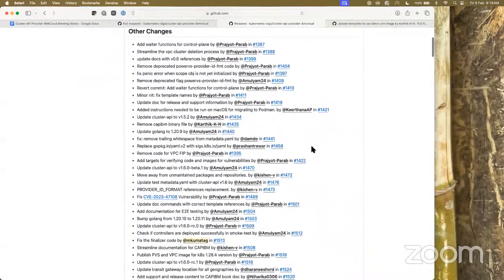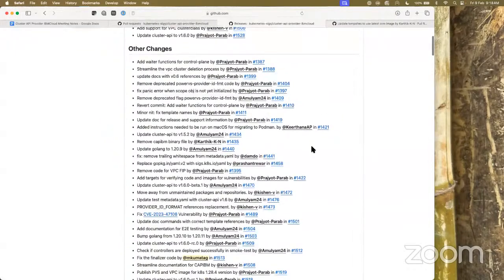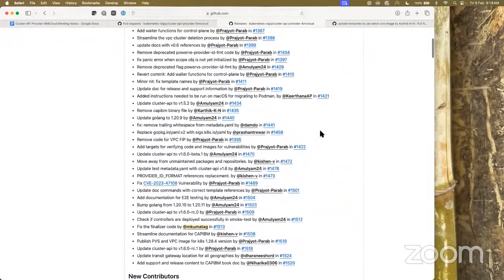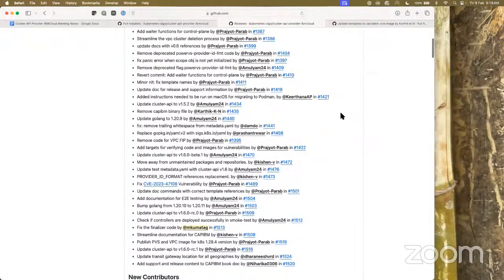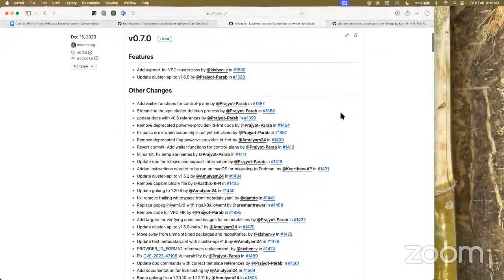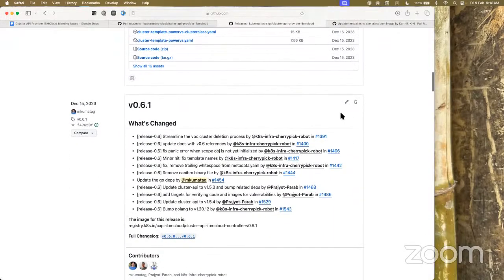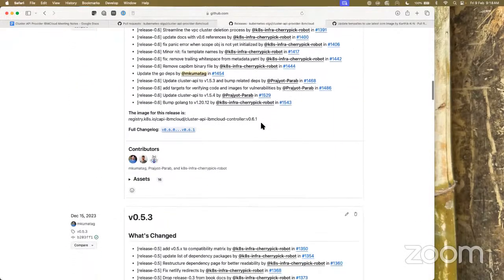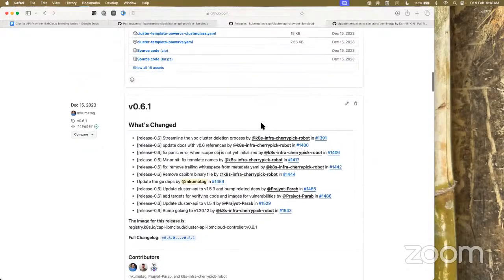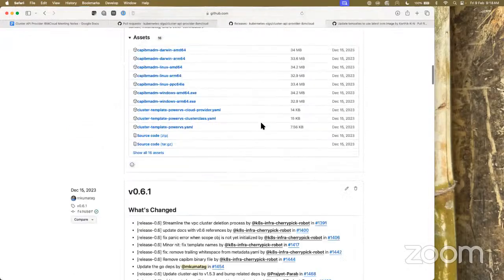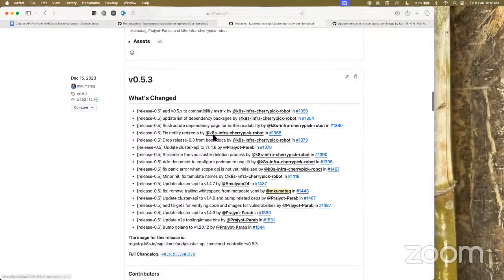Otherwise, most are minor fixes and features, not really a big thing. Also, we released patch releases for the other releases, the 0.6 and 0.5 releases as well.